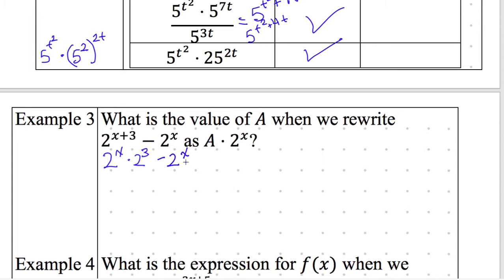You guys have done a whole unit on factoring, a whole unit on using factoring with rational numbers. I'm going to factor out a 2 to the power of x. What two numbers here and here are left over after I take away a 2 to the power of x? I'm dividing this term by 2 to the power of x and dividing this term by 2 to the power of x. I need to know what is left over. James. Not quite. So if I take away the 2 to the power of x on this one, I'm left over with